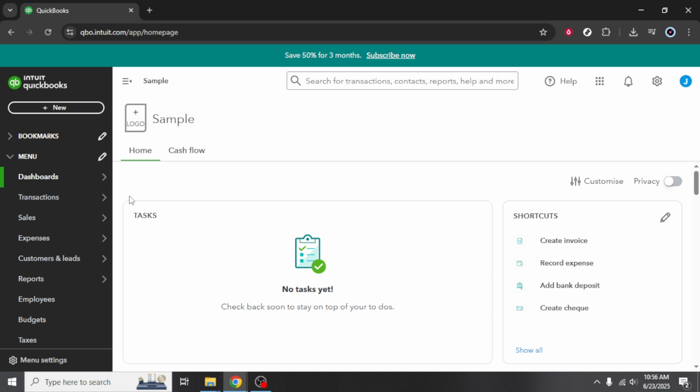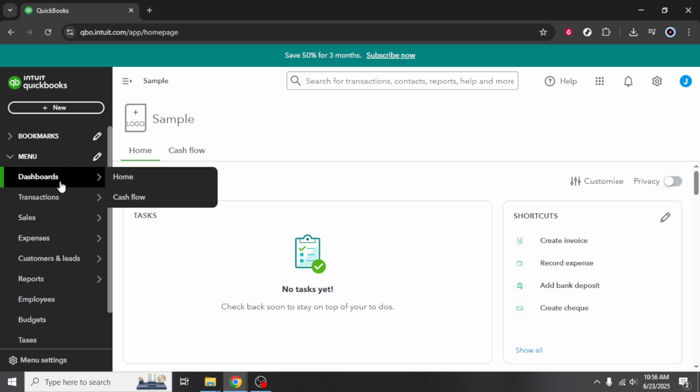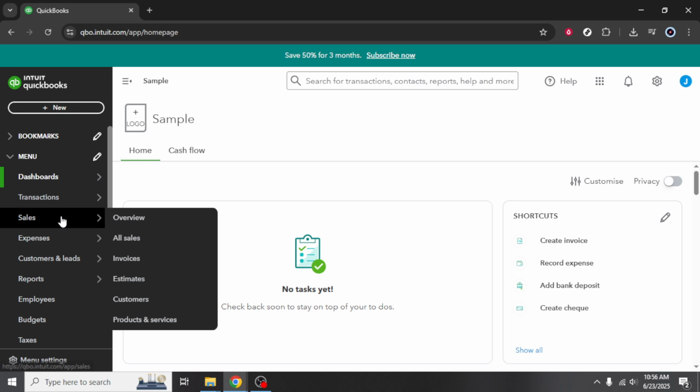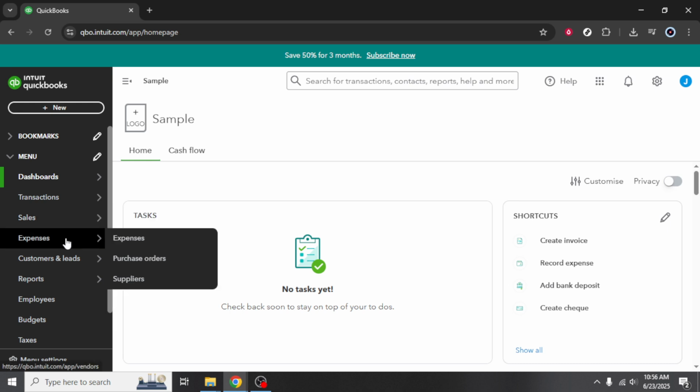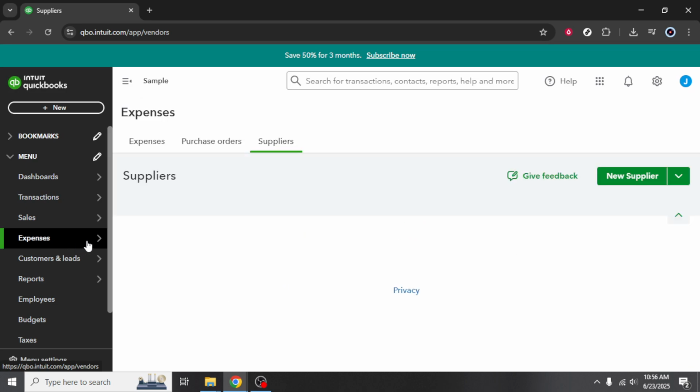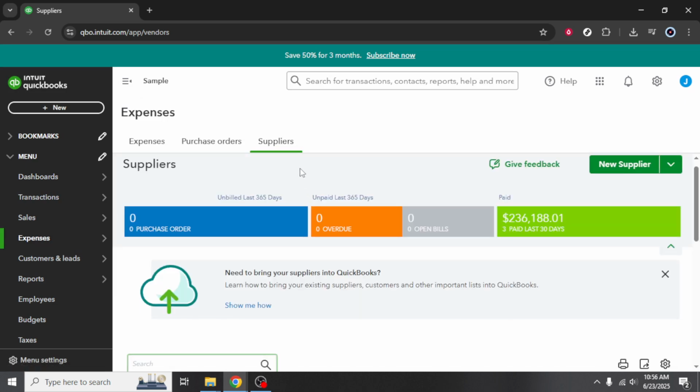Your first task here is to locate the Expenses section. This is crucial as it consolidates all your business's outgoings in one central hub, enabling you to monitor and manage costs more efficiently. Click on Expenses, and you'll be brought to a new screen where you can oversee all of your previous expenses. This view is incredibly useful for reviewing past transactions, categorizing costs, and identifying any areas where your